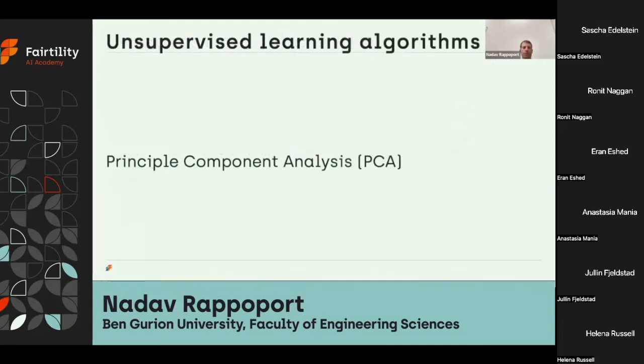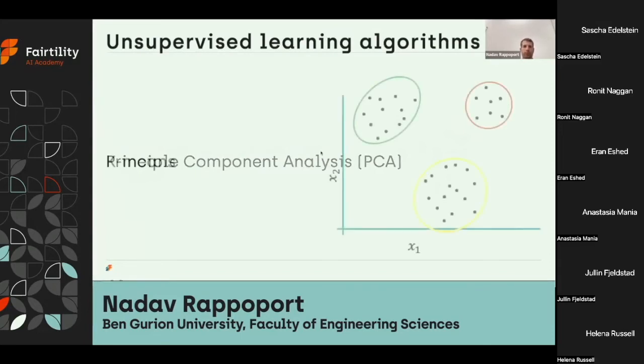For unsupervised learning, there are other algorithms. For dimensionality reduction, a famous algorithm that uses linear combination of features to generate new features is called PCA, which stands for Principal Component Analysis. For clustering, there are several algorithms. For example, K-means. In K-means, first you need to define how many clusters there are, and then the algorithm looks for optimal assignment.